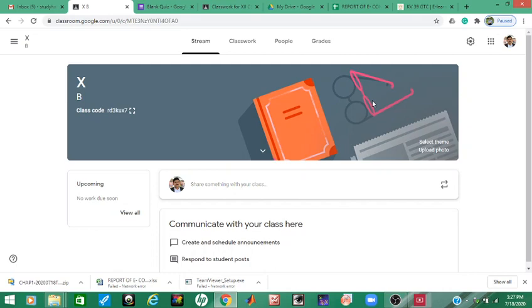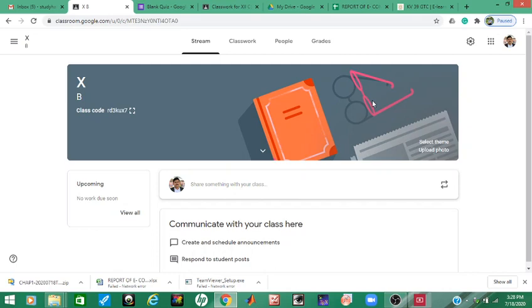Actually, Google Classroom is a two-way method of communication. So students will write assignments, complete the assignment, take a photo, scan it, or write on paper and take photographs. If they type on the computer, they can share the files in their classroom.